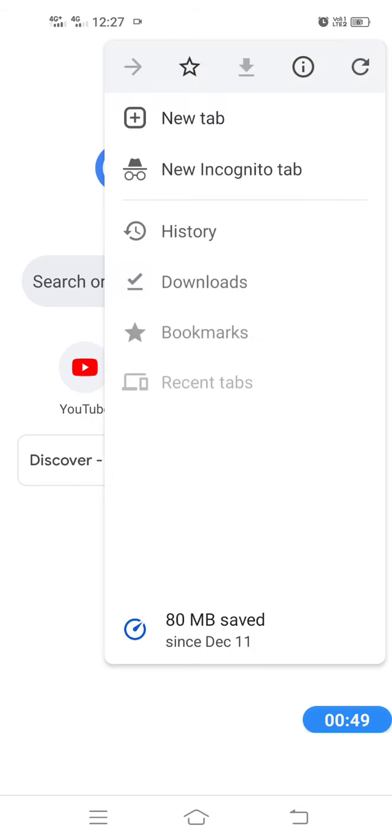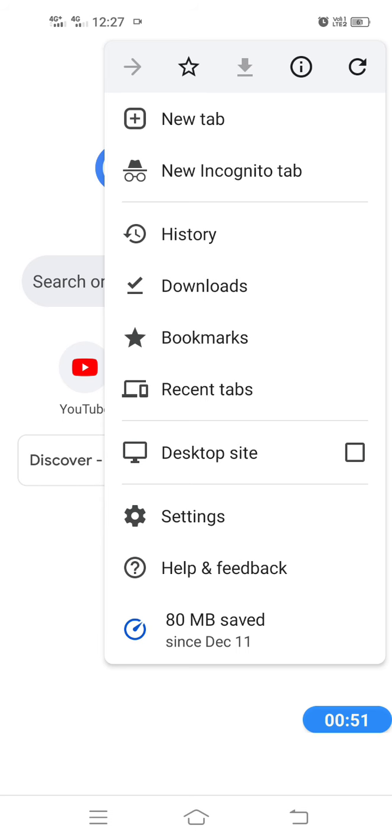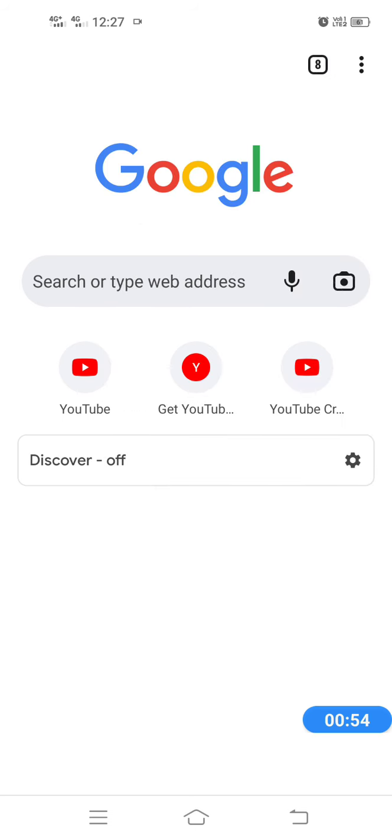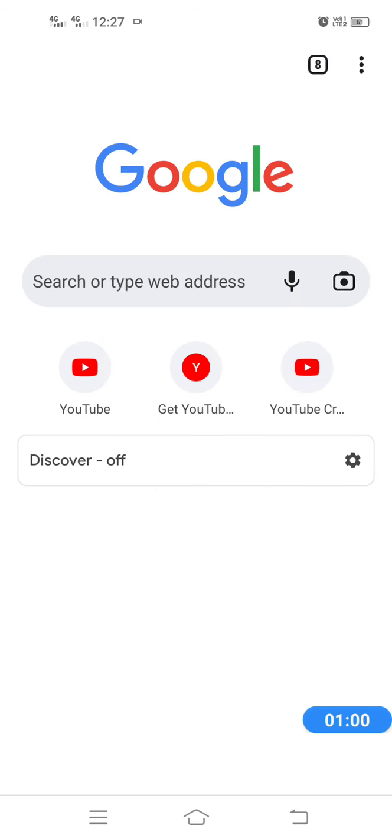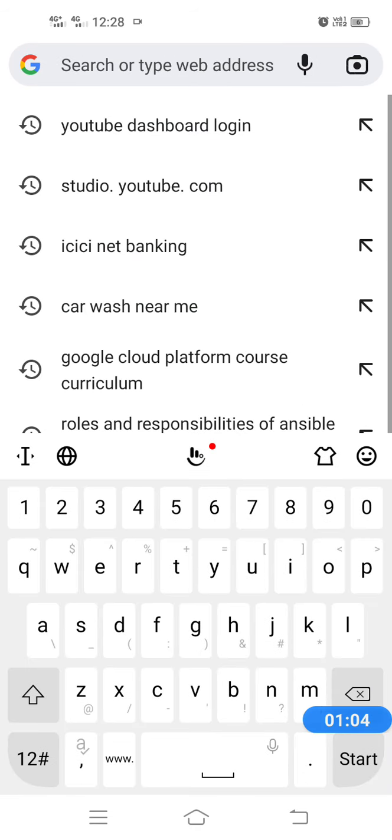From there you can enable the desktop site option. Once you check it, it will look like this. A tick mark is there, which means it is checked and the desktop site is enabled.